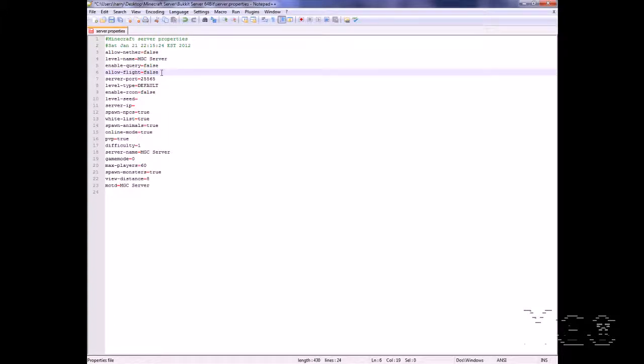Next is allow flight. So basically for flight on your server, if you wanted people to fly around your server, which you may want, you can do that. You put that as true. If you don't want, put it as false. But if you have it as true, it gives griefers a lot more access to grief houses because they're able to get on top of buildings, fly around,